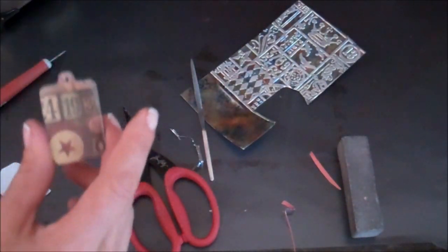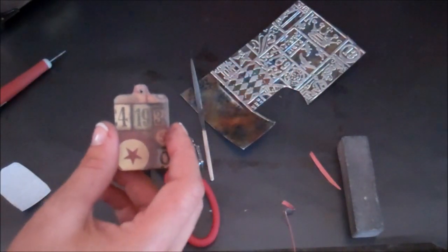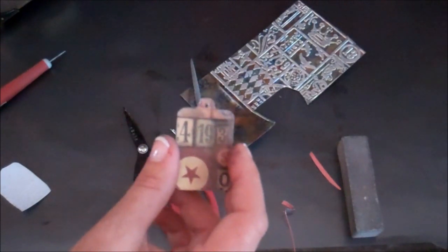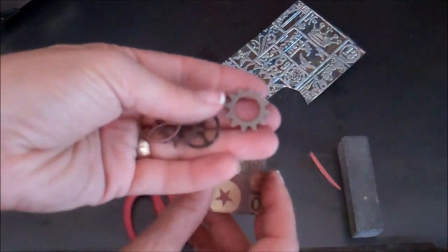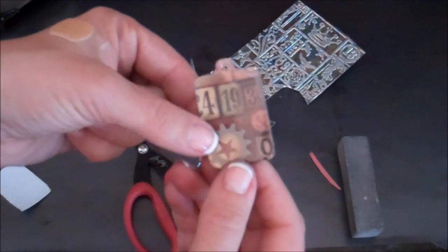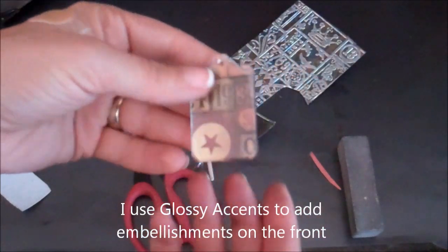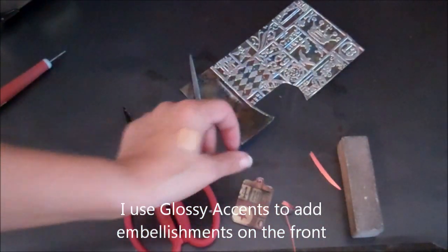And then you can add things to the front, so you can add some of the little gears to the front, like that might be cool, like that. So yeah, so simple, so easy,